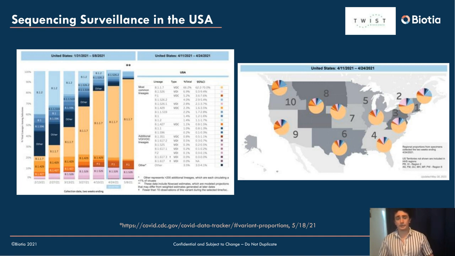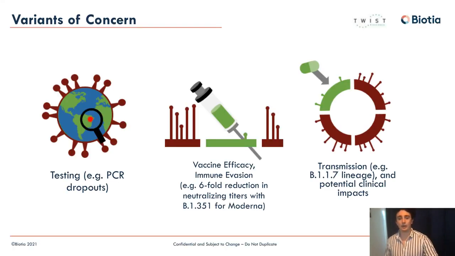And these abilities to do sequencing surveillance have given public health officials the ability to understand what strains are present, what strains are emerging and could potentially become issues, and importantly, to identify variants that are of potential concern to them, variants that are in vaccine-targeted regions, like the spike protein variants that could potentially drive increases in infectivity, drive increases in the ability of someone to catch the disease or have a severe reaction to the disease. So identifying these variants and being able to map them out geographically is, I think, really going to be critical to public health departments, both for the rest of the SARS-CoV-2 pandemic, as well as into the future dealing with